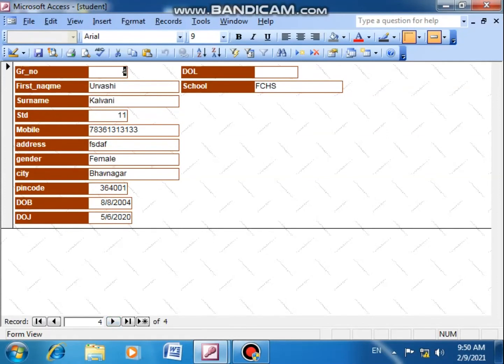And I don't need to enter the records from that table. Now if I want to add a new record after the creation of this form, I have to click here. It will go to the last empty field and there I can enter the record. Automatically it will be saved. Here all the facilities of designing are provided. You can add the logo of the company, you can add a picture in the background, you can change the size, color, all the facilities of formatting are available in the form.